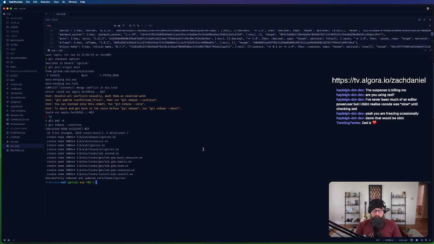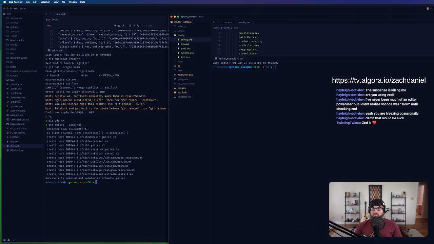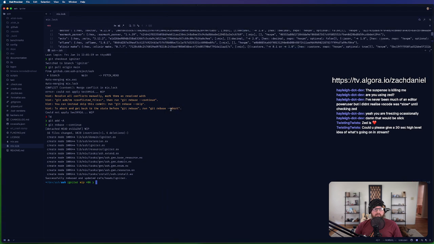So now what we can do is pull up our examples that we've been using to test all of this stuff, and we can see how it works